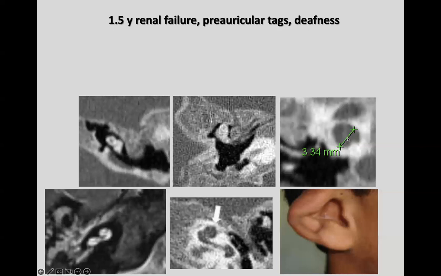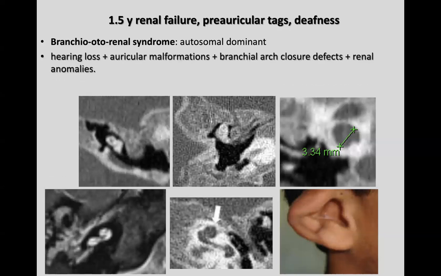But here we also have a small cochlea. If you're interested, there are a lot of papers on measurement. We did a review in 2017 on measurement of the inner ear, but in coronal, the cochlea should be at least 4.3 millimeters. In this case, it's 3.3, definitely smaller. And there is also this unwound hypoplastic cochlea with this anterior offset of the apical part of the cochlea here and there. So this is, in this clinical context with renal problem and deafness, pathognomonic, so branchio-oto-renal syndrome, which is